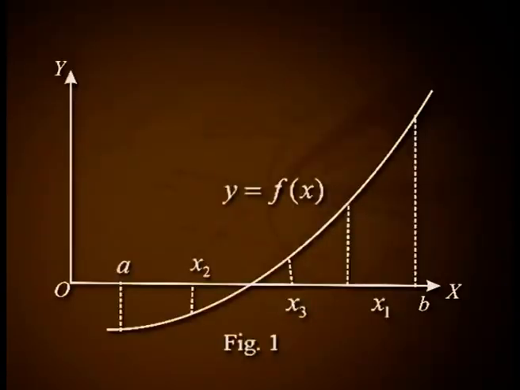We state some results without giving proof. Theorem 3. If f of x is a polynomial and f of a and f of b are of opposite signs, then one root of the equation f of x equal to 0 must lie between a and b. A special case is shown in figure 1. Theorem 4. If the expressions f of a and f of b have opposite signs, an odd number of roots of f of x equal to 0 will lie between a and b, and if f of a and f of b have the same sign, either no roots or an even number of roots will lie between a and b.